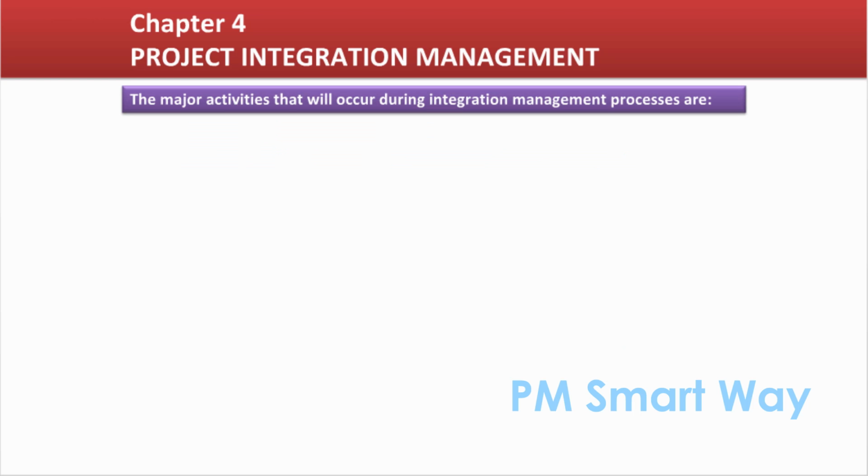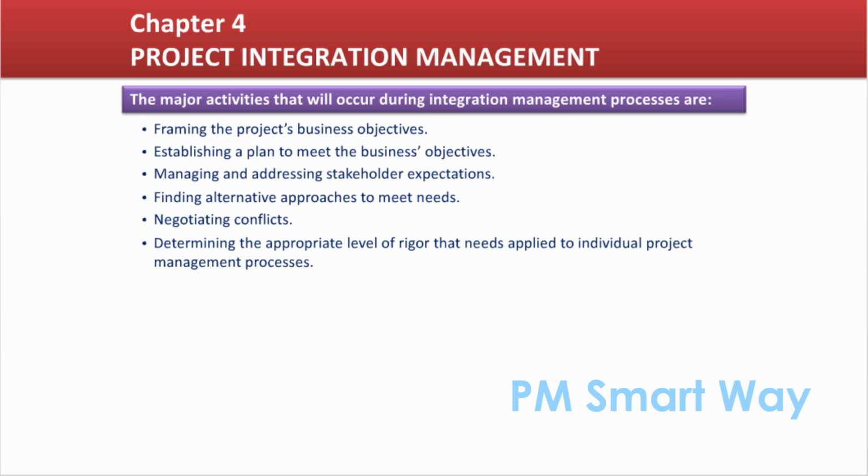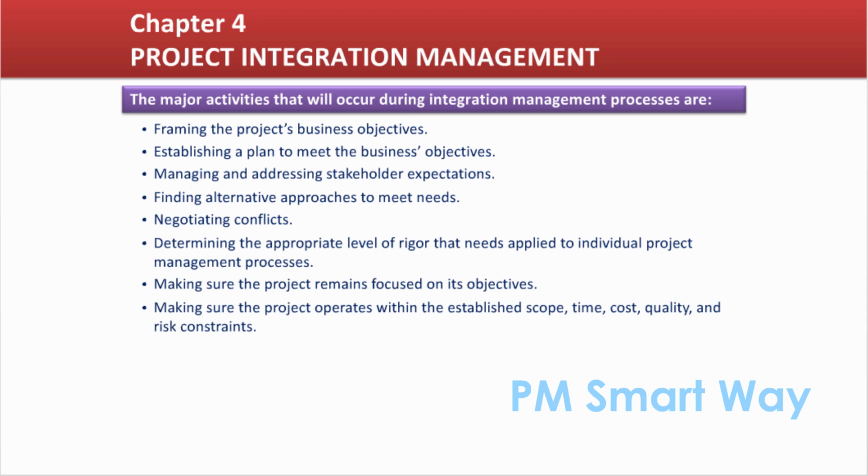The major activities that will occur during integration management processes are: framing the project business objectives, establishing a plan to meet the business objectives, managing and addressing stakeholder expectations, finding alternative approaches to meet needs, negotiating conflicts, determining the appropriate level of rigor that needs to be applied to individual project management processes, making sure the project remains focused on its objectives, making sure the project operates within the established scope, time, cost, quality, and risk constraints, taking actions to correct or